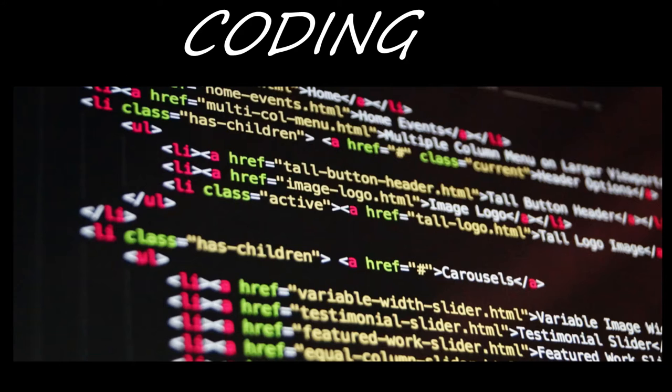Okay, so now as I told you, for coding we need different languages, like we have discussed HTML, C, C++, Java, etc. These are all different languages through which we can communicate with our computers and develop our apps. So today in this video, I will explain the HTML code. This is also coding, and to do this coding we need a language, and that is HTML. So let's start with HTML.